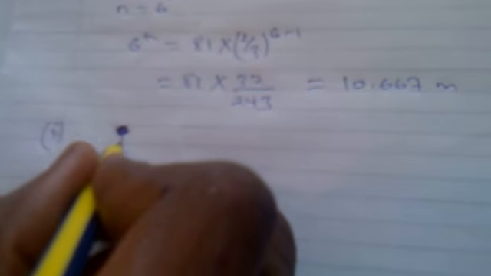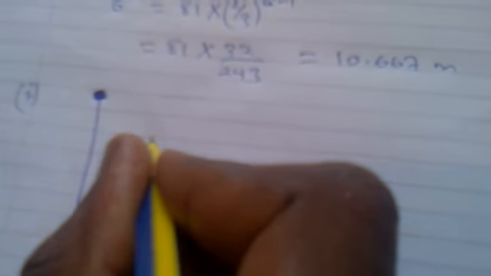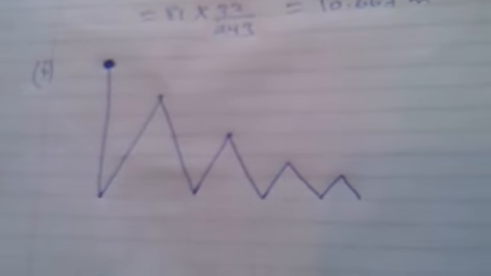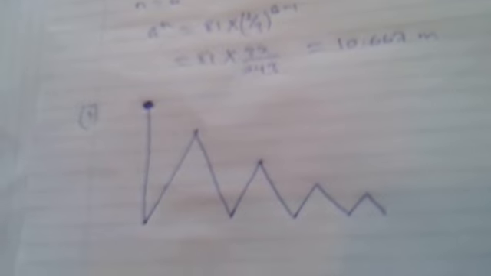It struck the ground, that is the ground level, and it rebounded 2/3 of the original distance. It then fell again and rebounded 2/3 of the previous distance. So this pattern is repeated that way up to the 6th time. So we are required to find the total distance it covered through